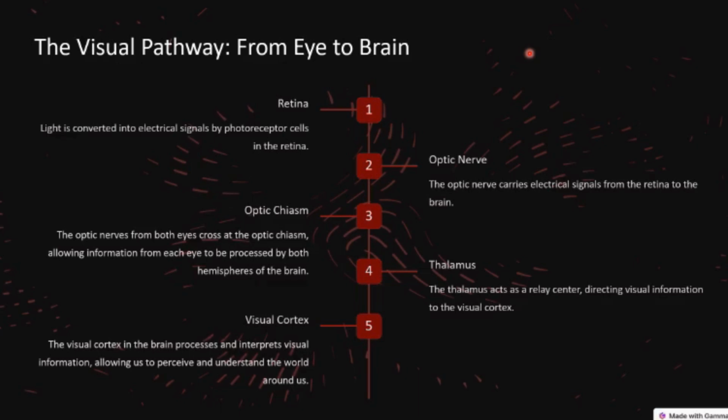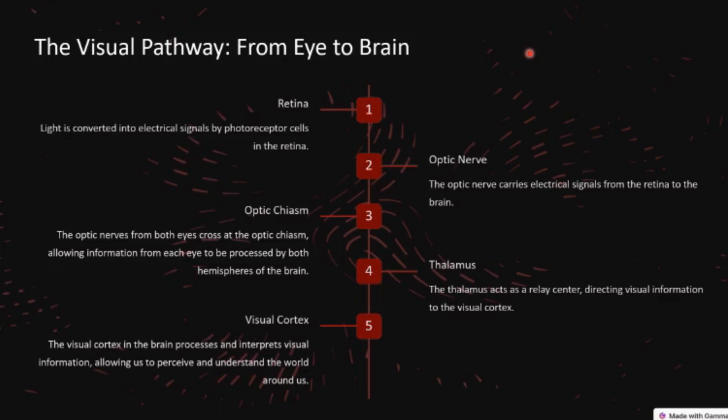From the optic chiasma, the point where the fibers from the nasal retinas cross over, the left visual field is processed by the right hemisphere, because the fibers are crossing, and the right visual field by